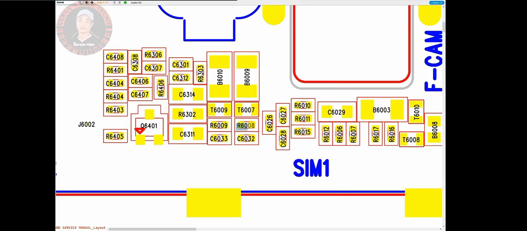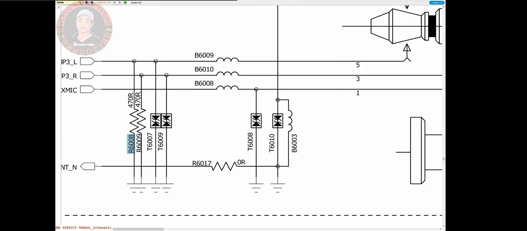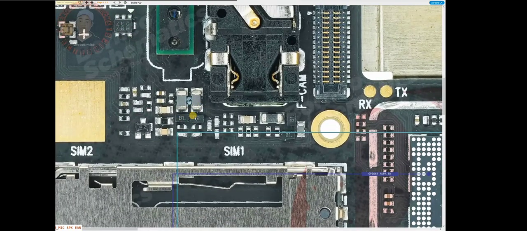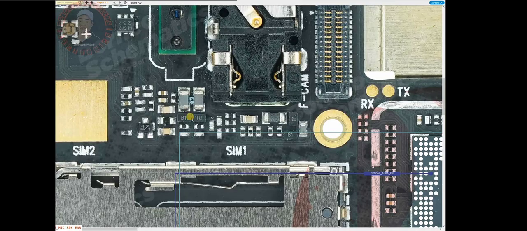It's a high value resistor, and one side is connected to the jack and one side is connected to the ground. So make sure that there is no direct connection to the ground right here. You understand? So you can see right here, you need to make sure that only one side of this component right here are